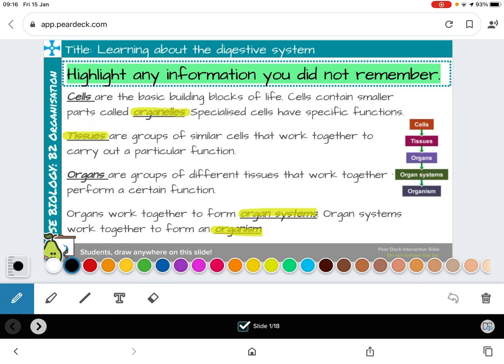Good morning, Year 9. Here are the answers to Wednesday's lesson. Just a quick run through the words that you weren't sure of, to make sure that you